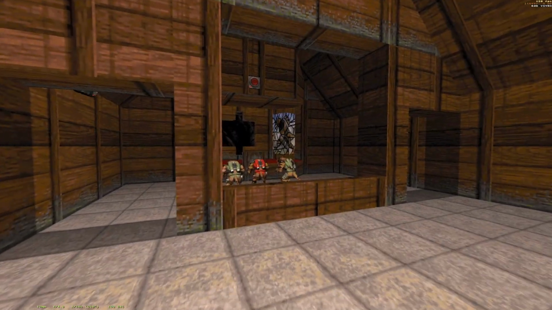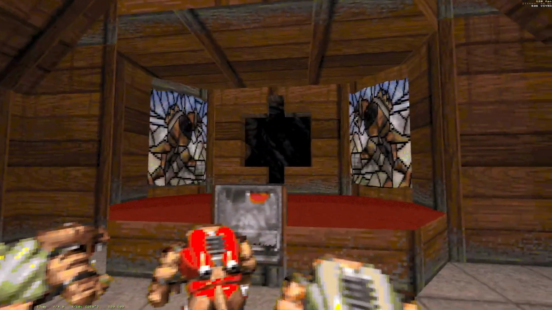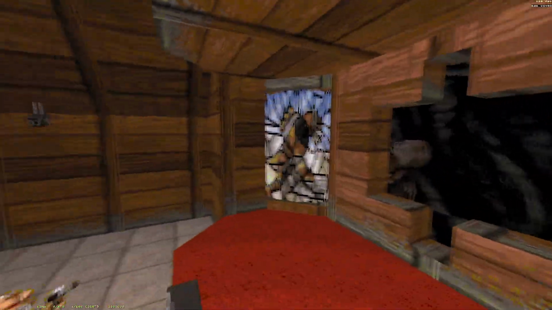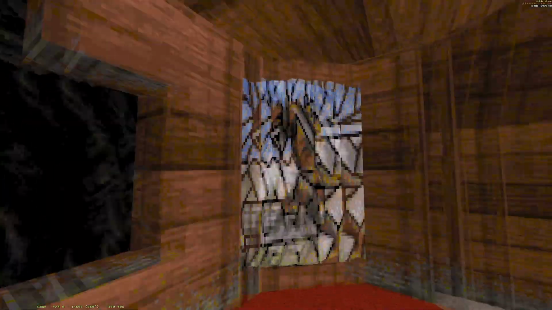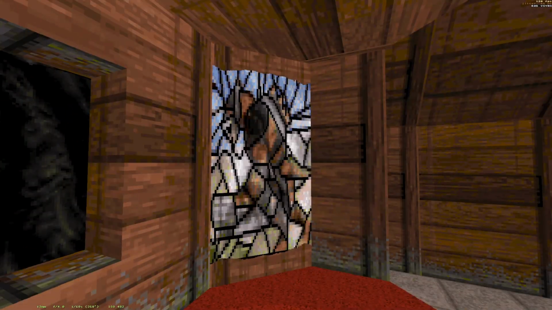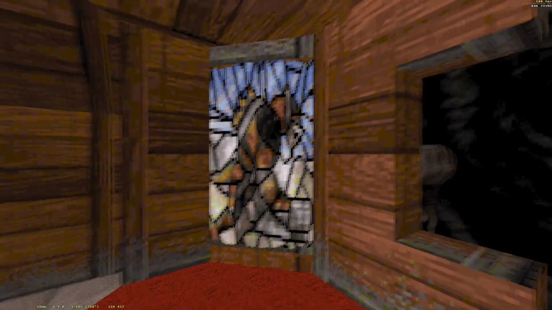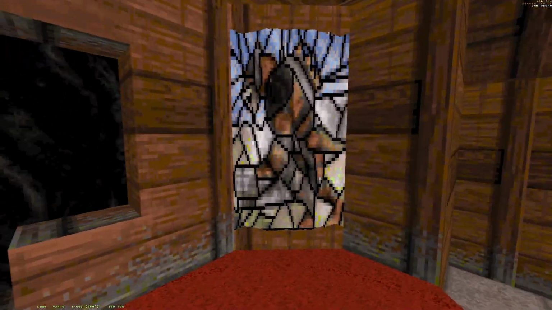Let's create a simple stained glass effect in Brahma Engine. This is the Death Row level from Duke Nukem 3D, and its stained glass was a simple opaque texture. You couldn't see anything behind it in Vanilla Duke. And let's change it a bit